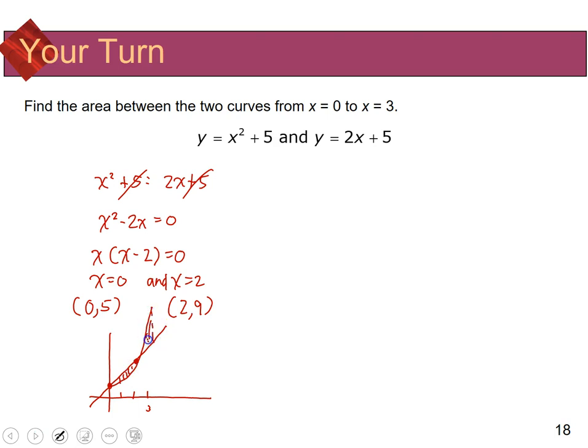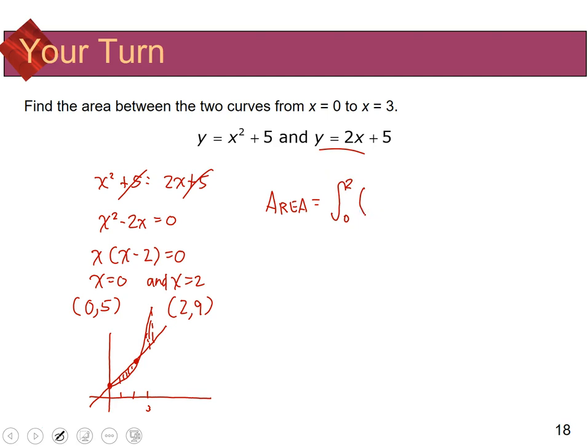We're looking for this combined area here and here. So I can see when I go from 0 to 2, the line is upper and the quadratic parabola is lower. And when I go from 2 to 3, their roles are reversed. So when I want to do the area, I'm going to have first the integral from 0 to 2,